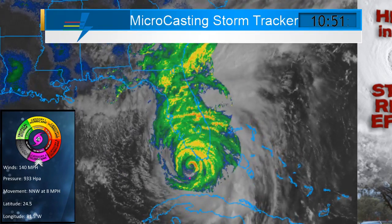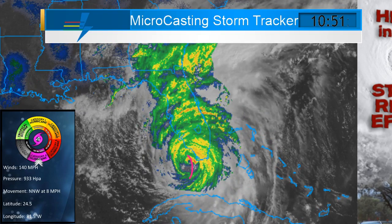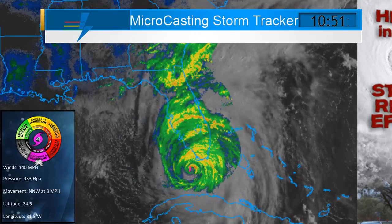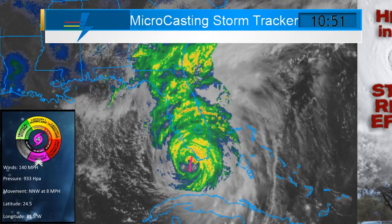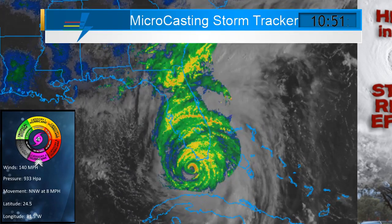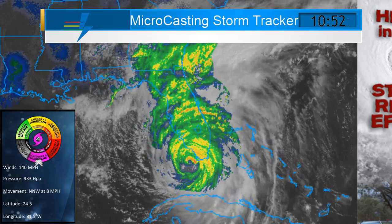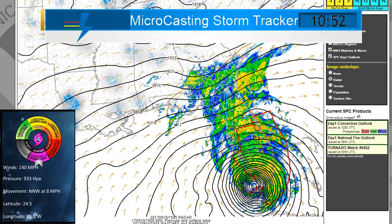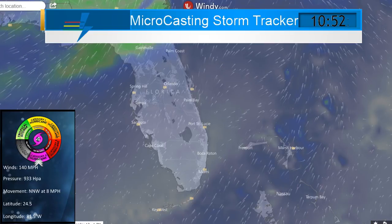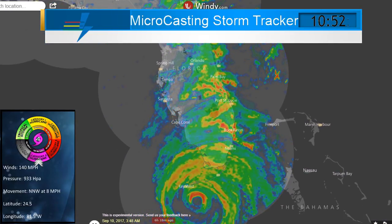That would be great news for those areas in Florida. I think I did see an eastward wobble. That may be just a trick of the imagery, but I'm pretty sure that's an eastward wobble. Here, let me follow it. Let's see, that would be a straight line, and, no, it does. It seems like on the final frame we may have an eastward wobble. That would be excellent news. But we'll just see. Still, this is a very dangerous hurricane, and it will continue to remain a danger to the entire state of Florida